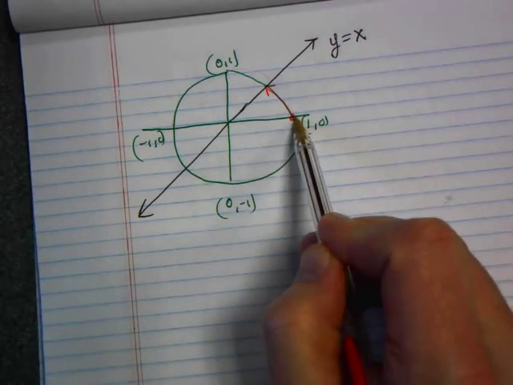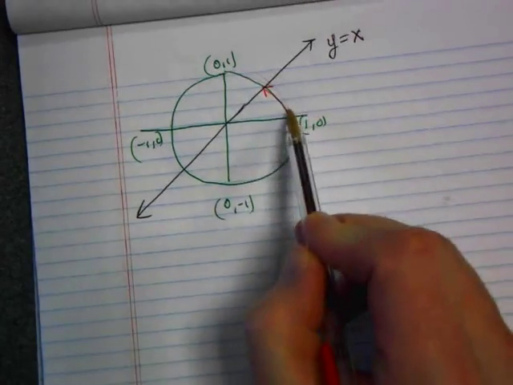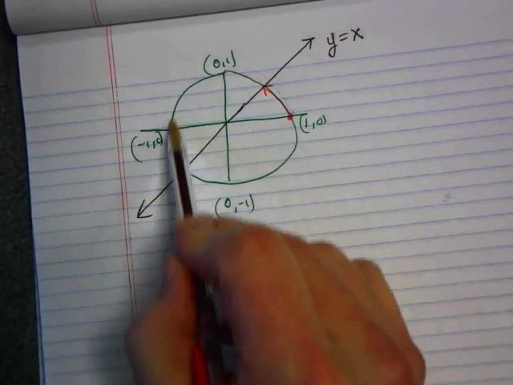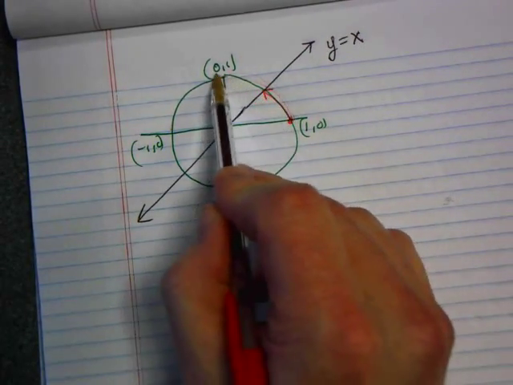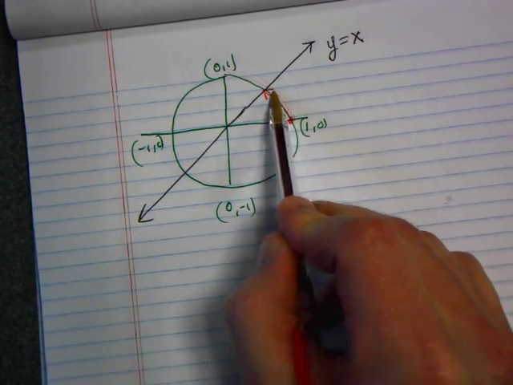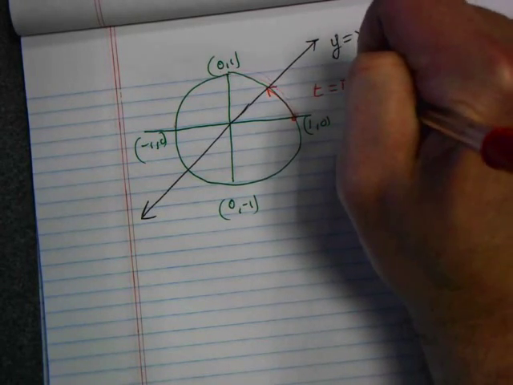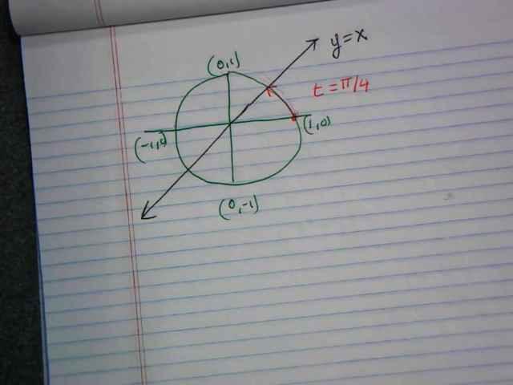So pi over 2 is a quarter of the way. This is pi, this is pi over 2, so this is half as much as that. That's pi over 4. You're correct. So t would be pi over 4. If t equals pi over 4,